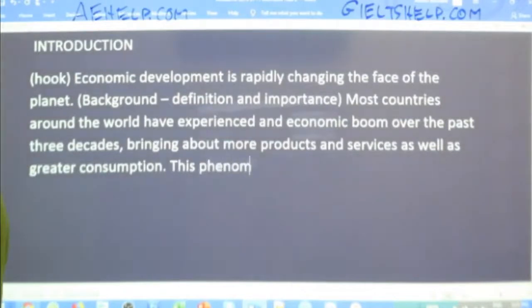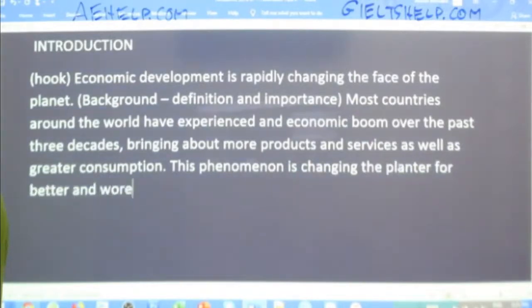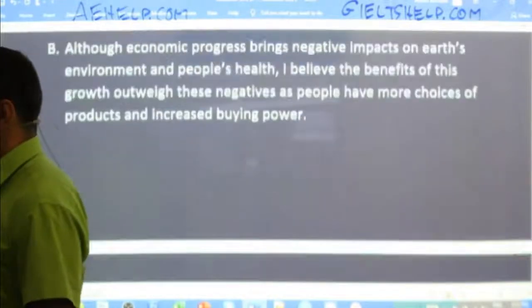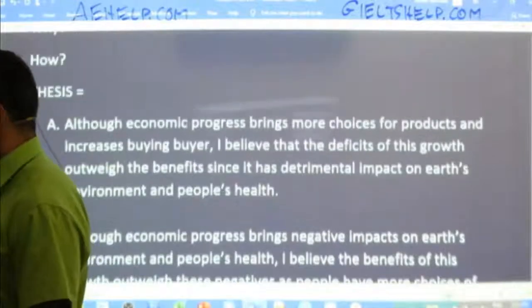This phenomenon is changing the planet for better and worse. Okay, so that's my background, and now I'm just going to take the thesis statement and stick it in at